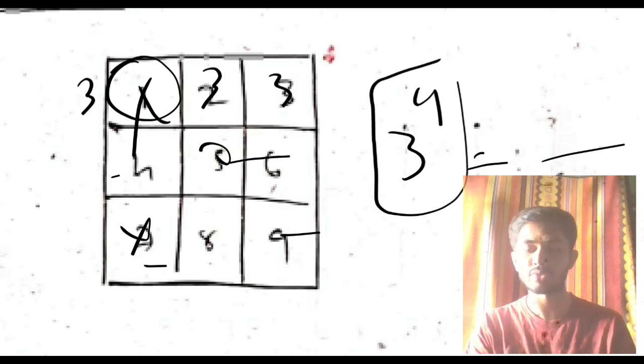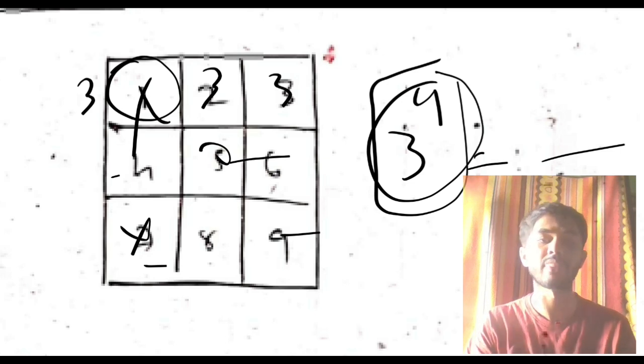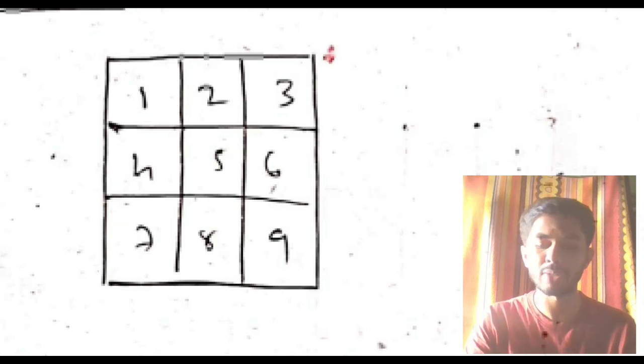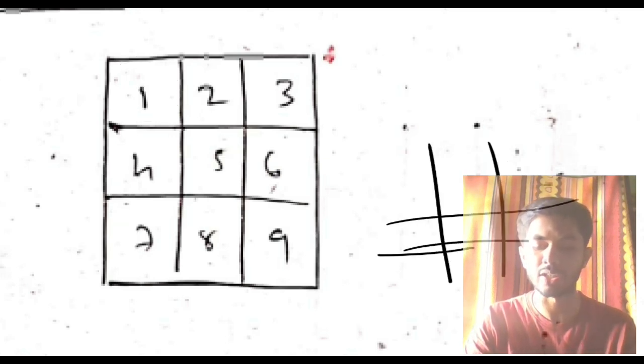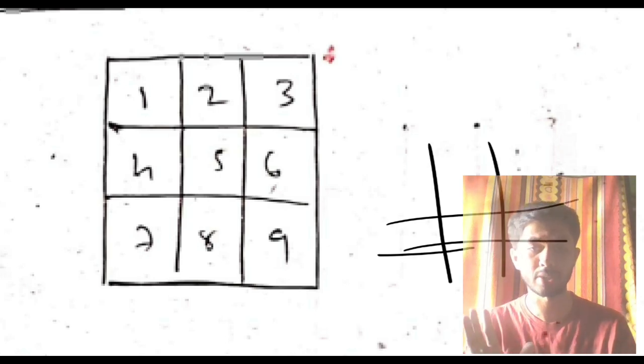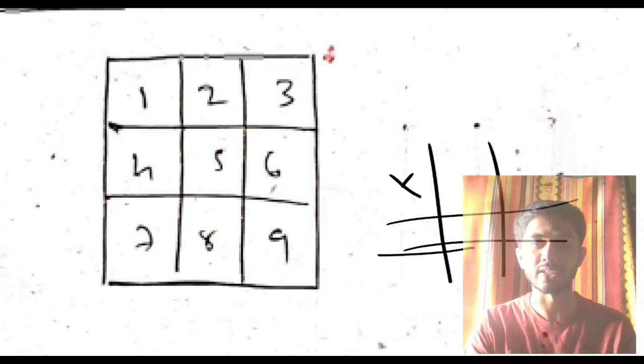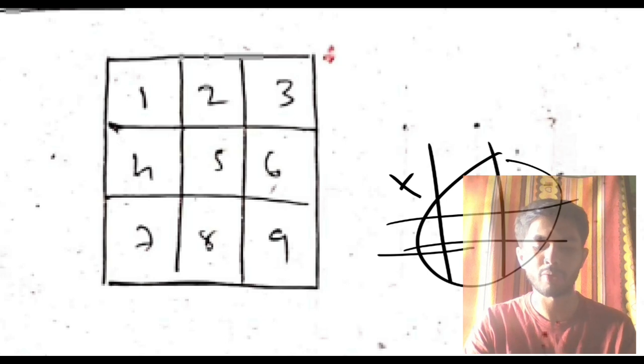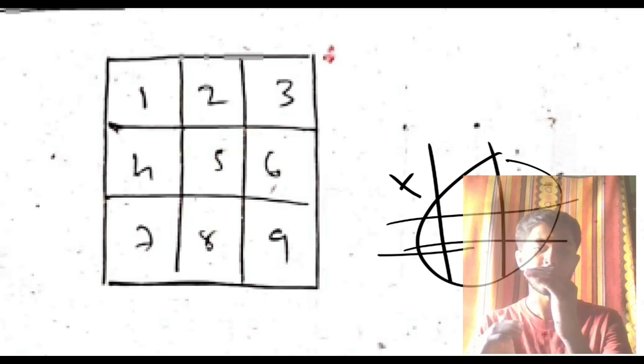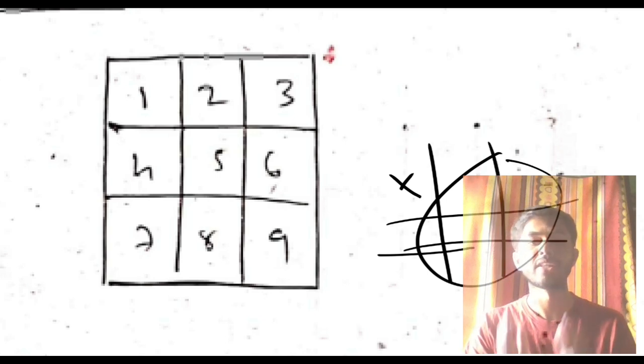The AI looks at each of these 3 power 9 possibilities and then classifies the answer. I'll give you an example. If you have a board like this and you put an X here, initially there are 3 power 9 possibilities. Now you have put an X here. Now how many possibilities are left? 3 power 8. The AI will look from 3 power 8 and it will find out the most optimal one. That is the first approach.